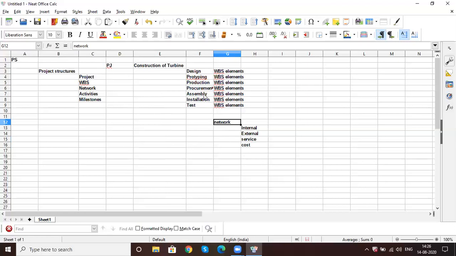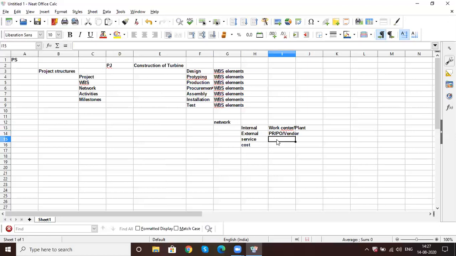For example, I want to do the assembly. For assembly, you decide whether you want to do it as internal, external, service, or cost. Internal activities are done by your own work center and plant. For an external activity, you will have a PR, a PO, and a vendor.